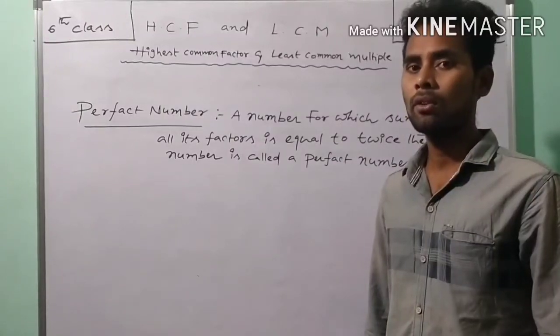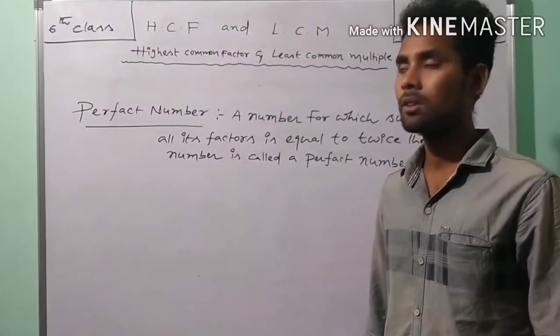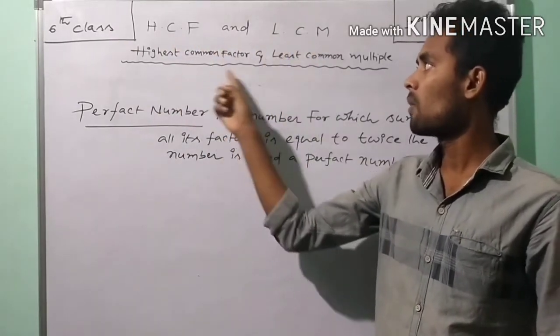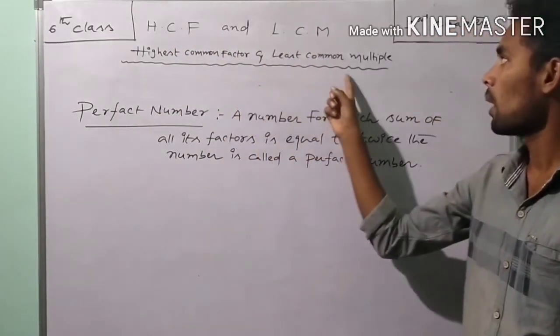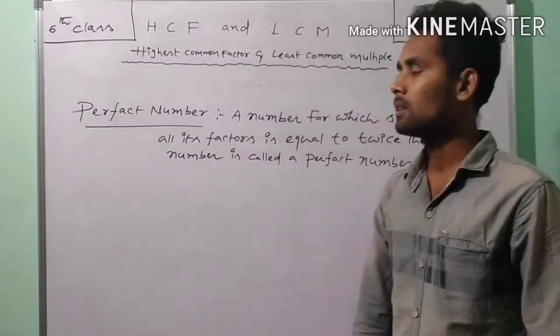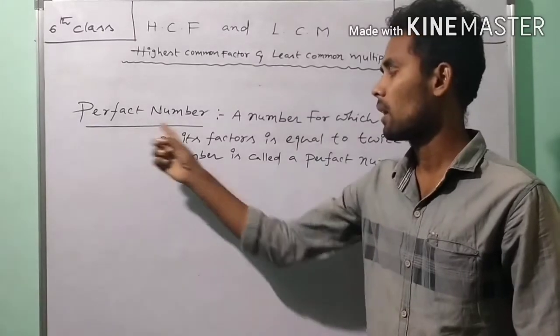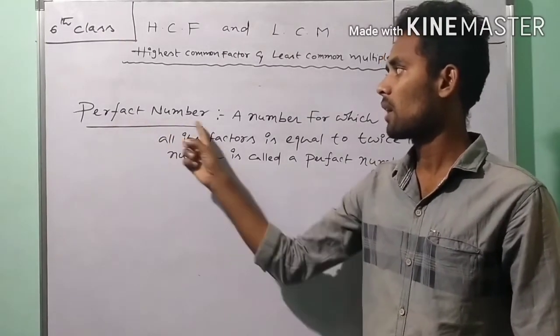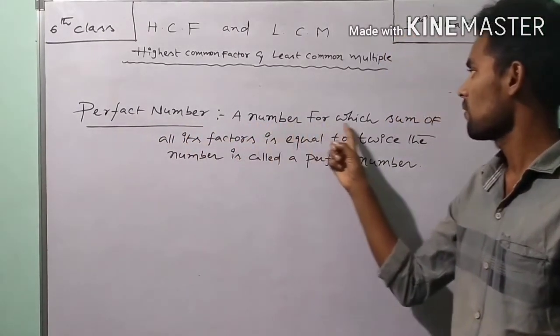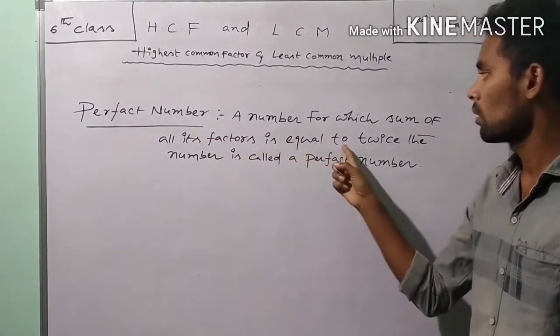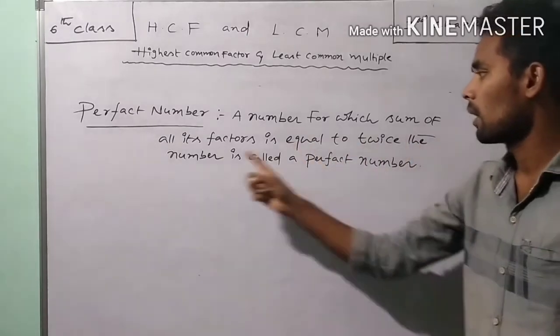Hi students, today we are going to discuss HCF and LCM, highest common factor and least common multiple. 6th class, 3rd chapter. Now we discuss perfect numbers. What is a perfect number? A number for which the sum of all its factors is equal to twice the number is